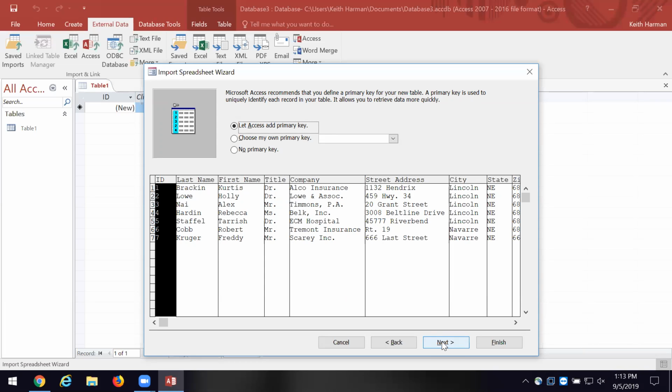Now, what Access is going to do is add a thing called an auto number, and so that's record 1, record 2, record 3, and anytime you add to a table, it'll add a new number so that you have a unique record. Got it? So we clicked let Access add the primary key, and you'll see the ID over there, 1, 2, 3, 4, 5, 6, 7. So I'll click next,